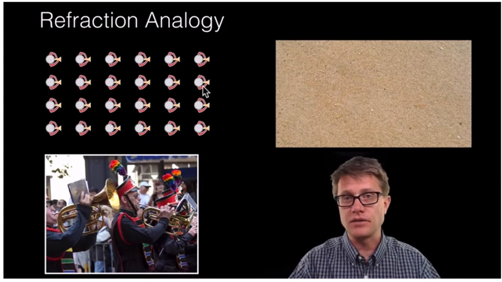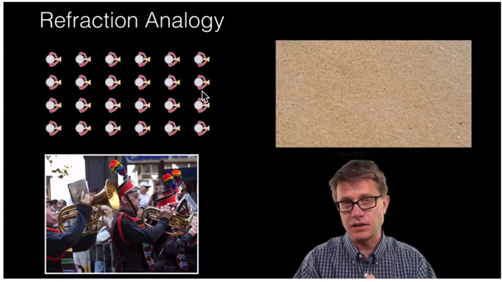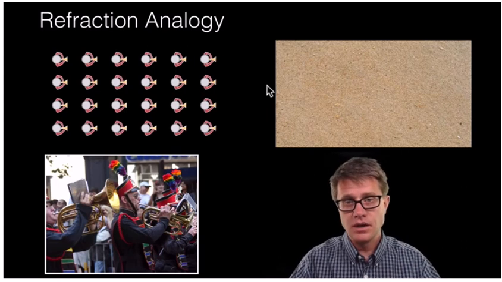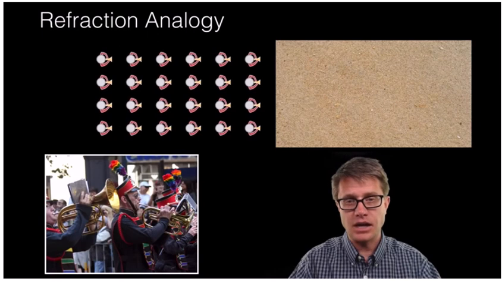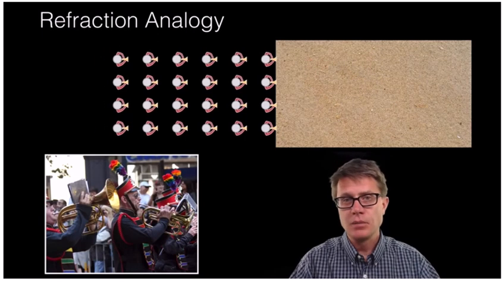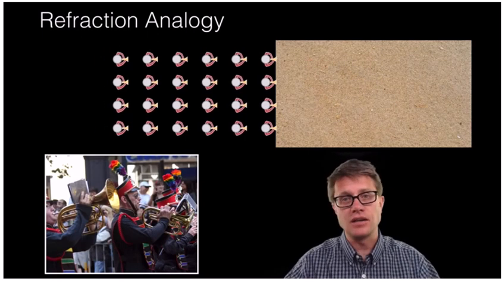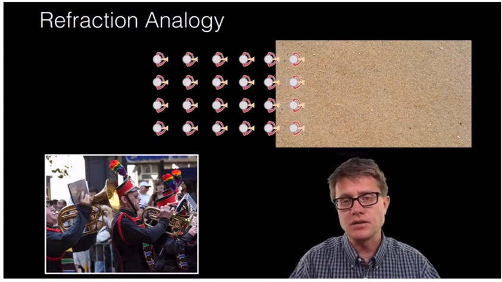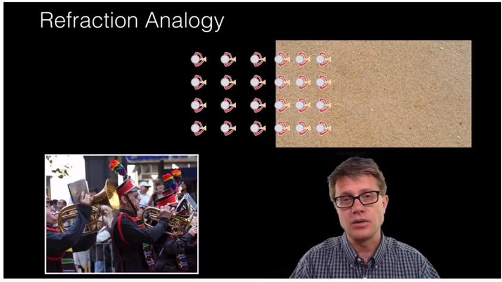To the person to your left or the person to your right, we want to keep that exactly the same. Imagine that they're marching down a road. You can see that they're going to keep that spacing between them the same. But let's say that there's a bunch of sand in the road. What's going to happen to their speed as they enter into the sand? Well, the ones that enter into the sand first are going to slow down.